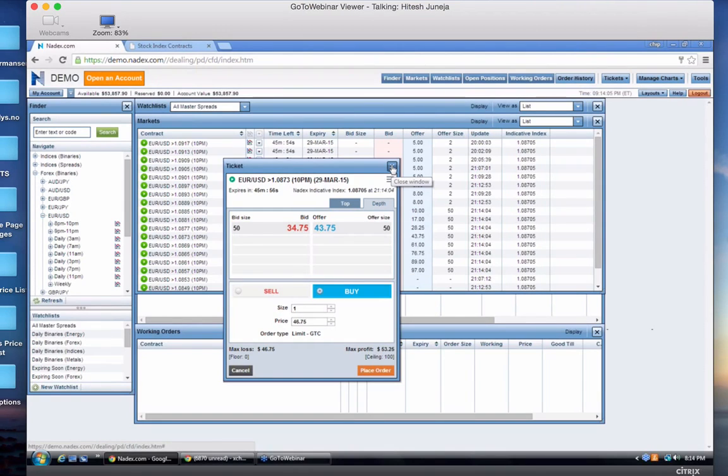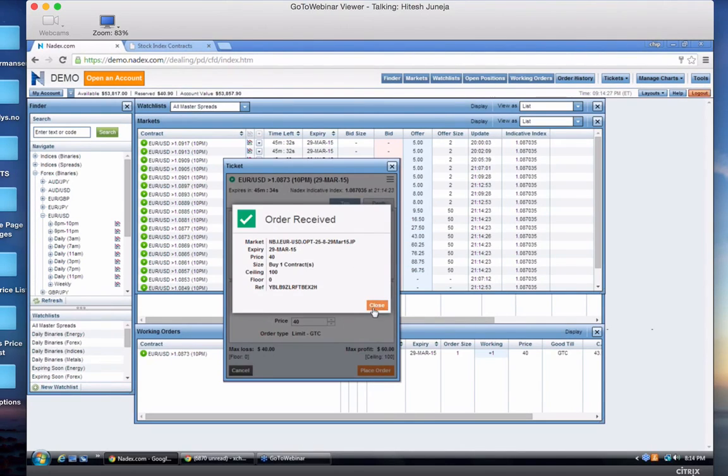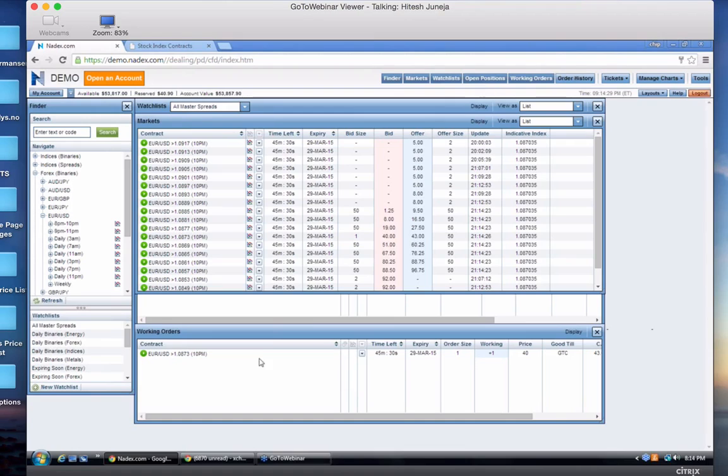At the same time, look carefully over here. In this particular scenario, your offer is $45. The bid price is $36.50, and you can see it's always fluctuating. And when you start a ticket, it'll show you at the bottom on the left side what your maximum loss will be. That's $47.25. And on the right side, you will see your maximum profit is $60 in this case. So if you go ahead and place the order, it's just simply you taking the trade. Okay, that's really what it is.